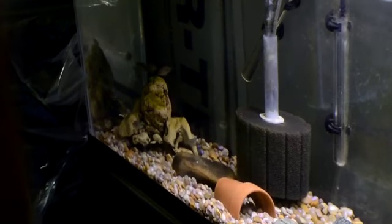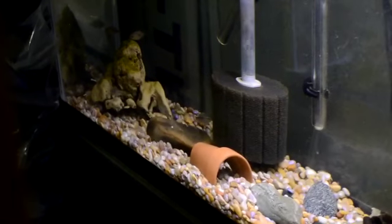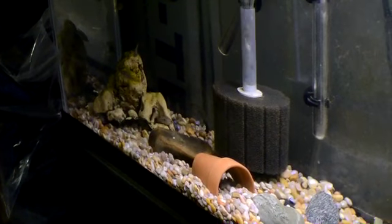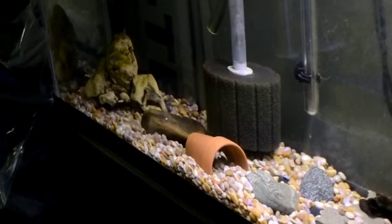There's some umbi fry back there. Right now this tank is horribly set up. No background, so these guys have no comfort zones in this tank. I've got about a dozen